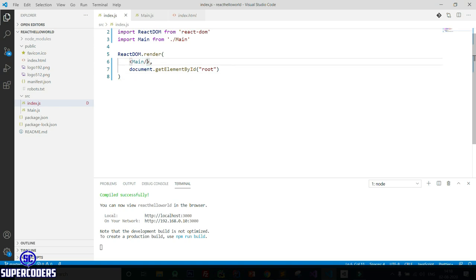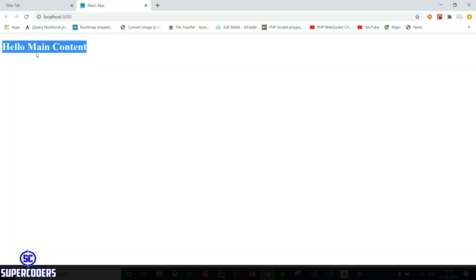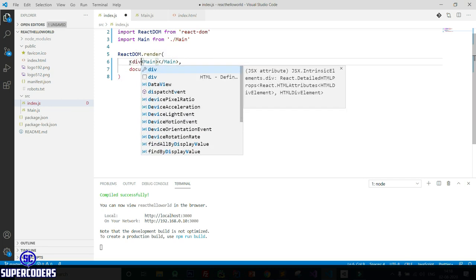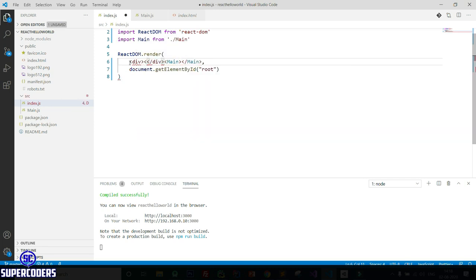Also you can use another method like this. You can see it's also working, but if you return div and div, then it will not work. So first parameter must be a parent component, and you can see here I am passing two tags.